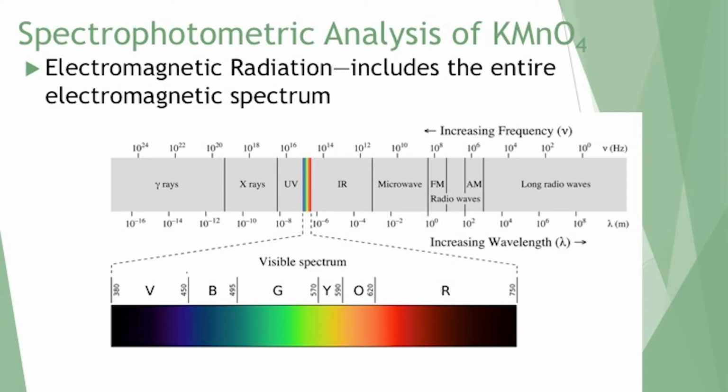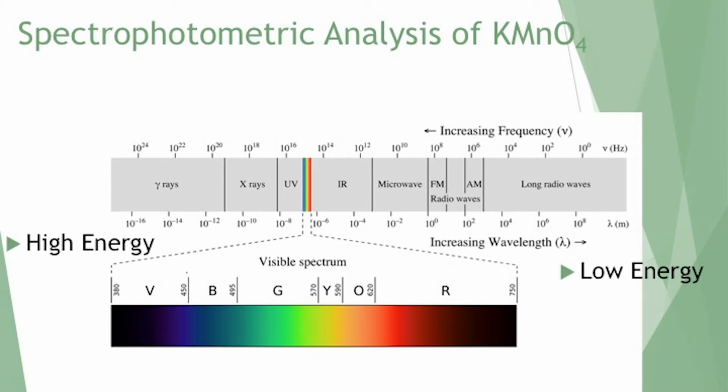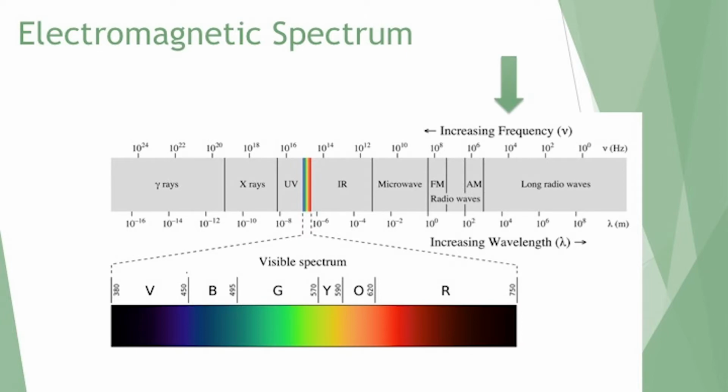Electromagnetic radiation covers the whole gamut of radiation, starting at the very low energy end where you've got radio waves, and then up to the higher energy end where you've got X-rays, gamma rays, and so forth. The radio waves have the largest wavelength but the lowest frequency and the lowest energy. As you move up from radio waves to microwaves to infrared radiation,